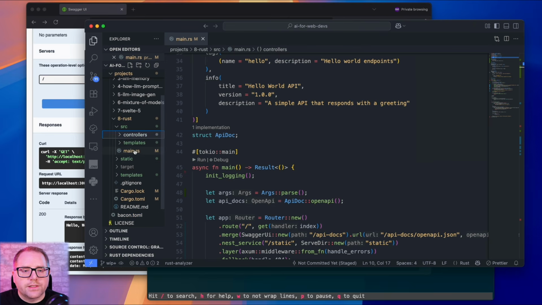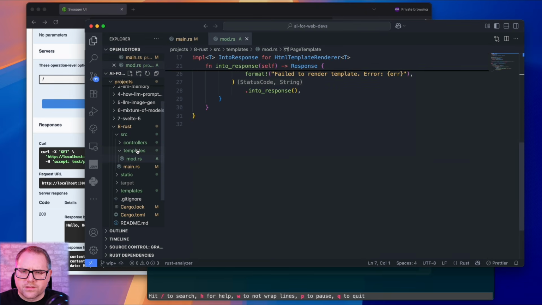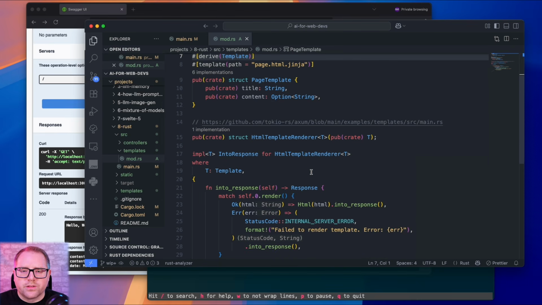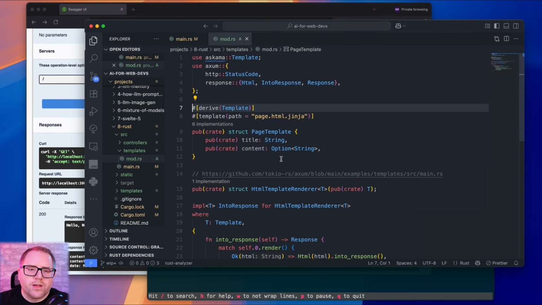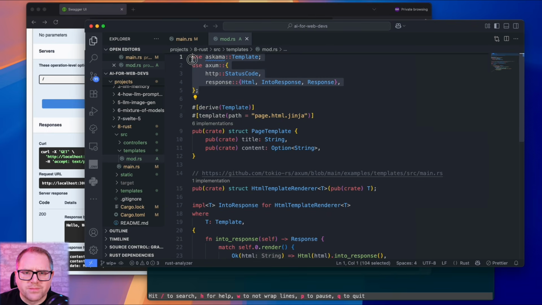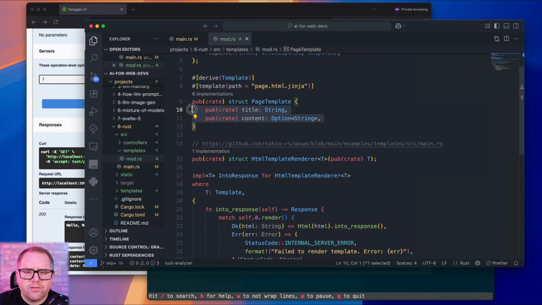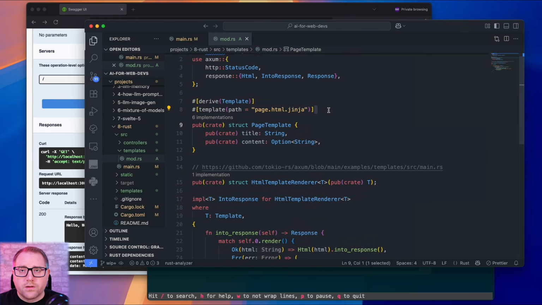If we take a look at our main in source, we've now got controllers and templates. So there were the template files, and then we also have our template structs for some of the wiring things up. Let's go ahead and take a look at that. We have a templates mod, we're going to module, and we're going to have some dependencies here. We're going to have a page template struct, and this is going to be our main template.